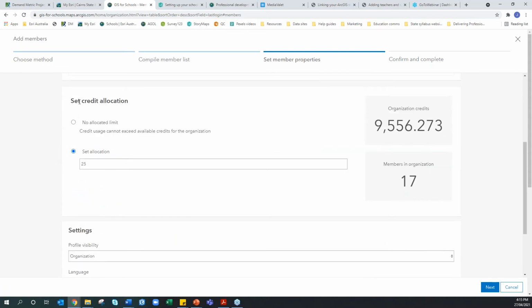And I can set credit allocations. What credits are, they're essentially like storage space, like megabytes. Having credits allows students to perform certain actions in ArcGIS Online. This will depend on what you as a school want to do, but I know that a lot of teachers in their senior school, so year 11 and 12, don't allocate a limit because they're using it quite a lot,